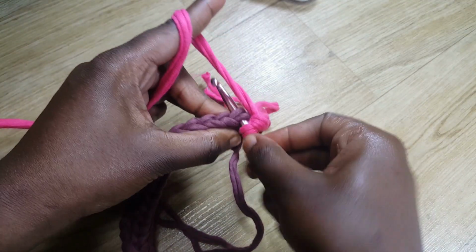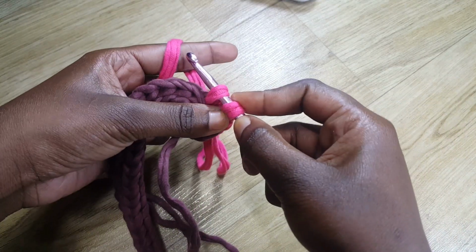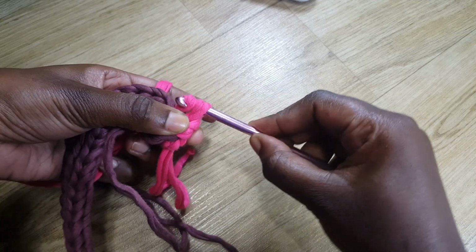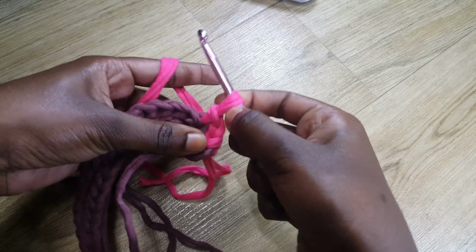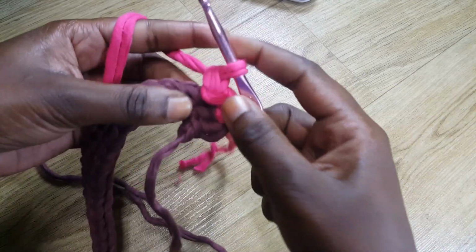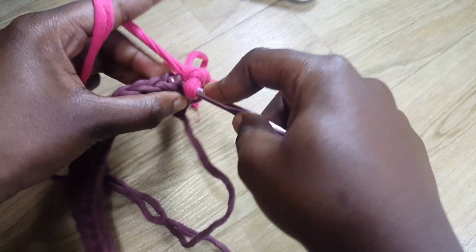like this. I'm going to grab some yarn, come up with it. So I'm going to do a slip stitch, so slip the one in front to the one at the back like this. After that, pull your yarn a little bit, then chain one. I'm going to go into the next V or the next stitch,